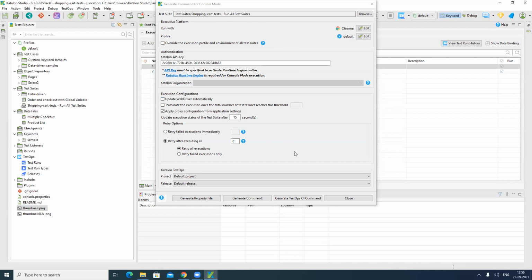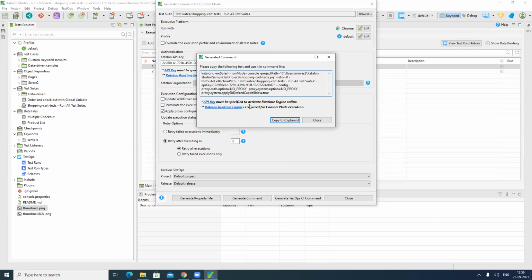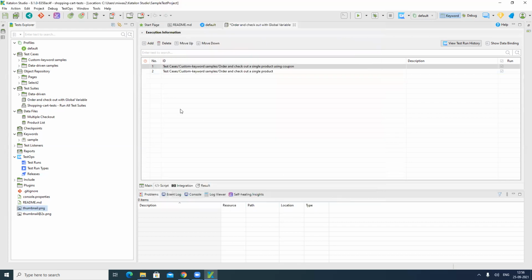Those kinds of settings you can also do, and I will explain all about these different execution settings in my different video. As this is only about the GUI, this is how we can generate our command from the commands, right? Just click on the generate command button, and you will find it automatically generates this command line for you. Just copy it, and you can create your batch file, and you can schedule your batch file and execute it. Okay, just close this.